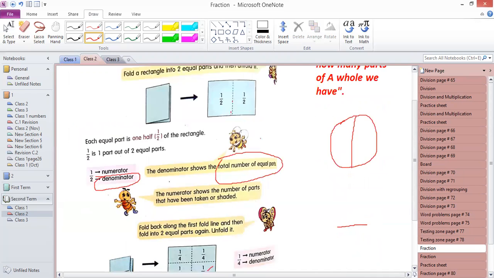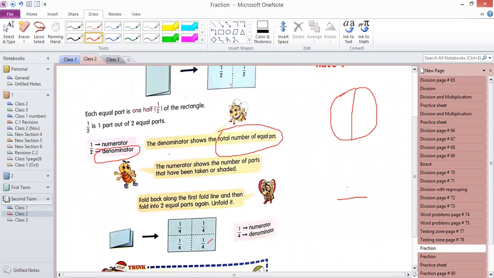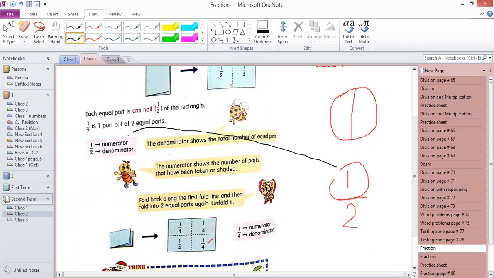Now, how to write a fraction, guys? Look, this is one of the fractions, 1/2. The first number is your numerator in the fraction. The number which is down is your denominator. And this is the fraction sign, slash. Above the slash sign, you will always write the numerator, and below the slash sign, you will always write the denominator. Up to here, everything is clear, guys?